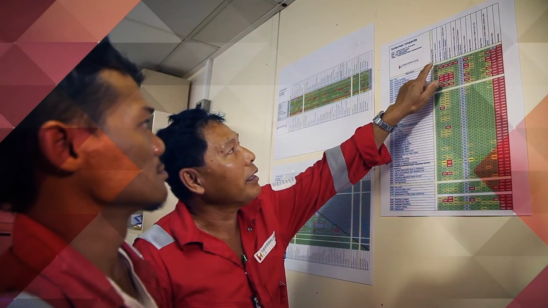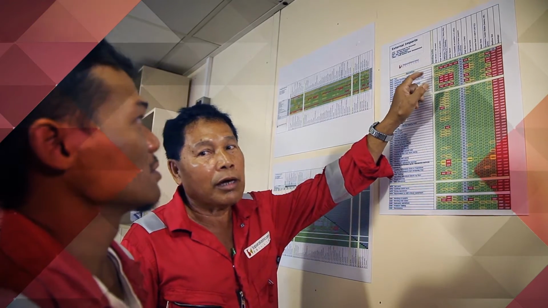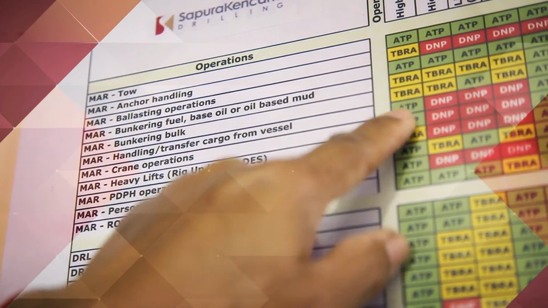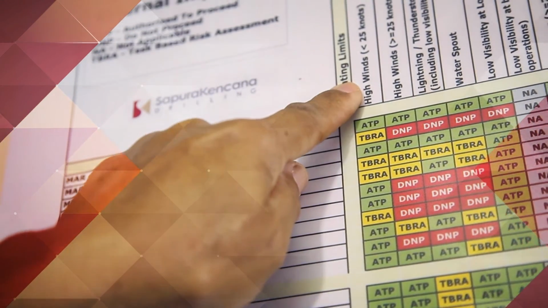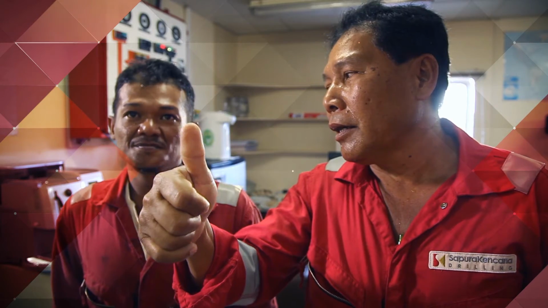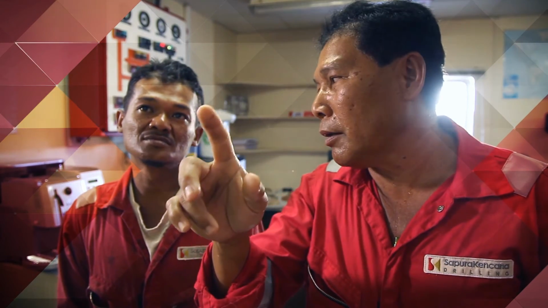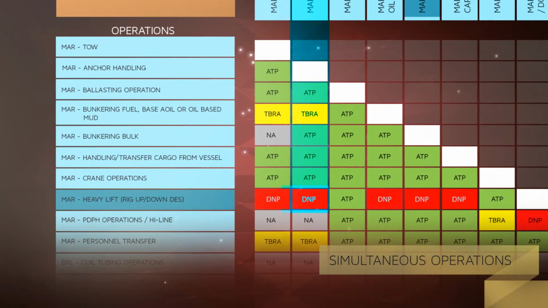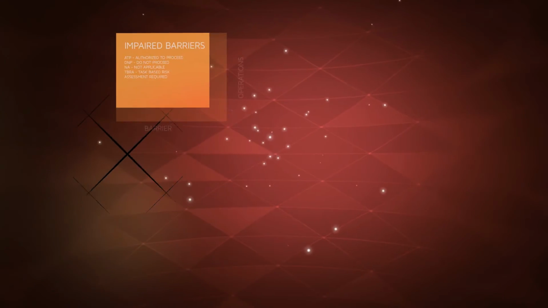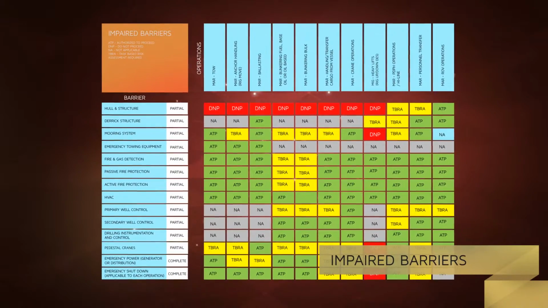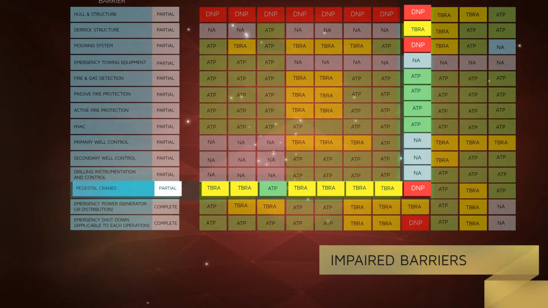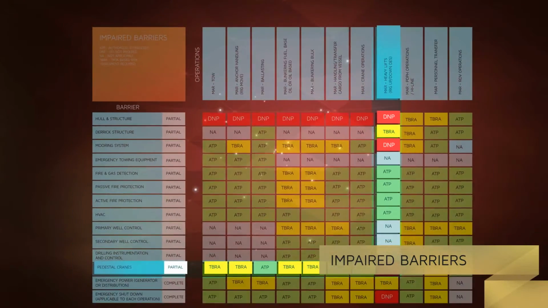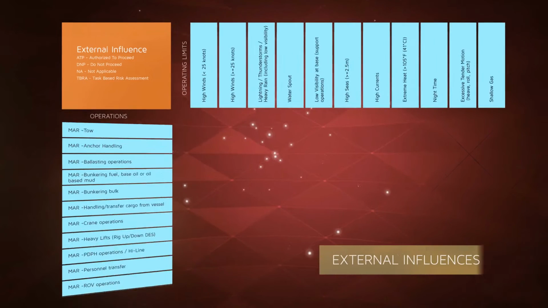SUB is a summary of operational boundaries that, if exceeded, places the conduct of a task beyond acceptable limits of safe operations. These acceptable limitations have been determined using experience and establish the boundaries in which operations can be carried out. The SU provides an easy reference for simultaneous operations, impaired barrier, external influence,